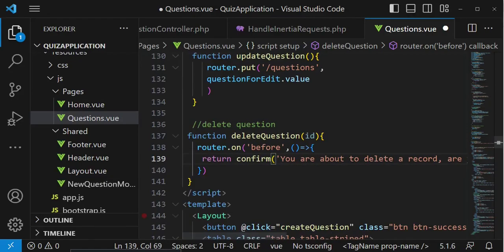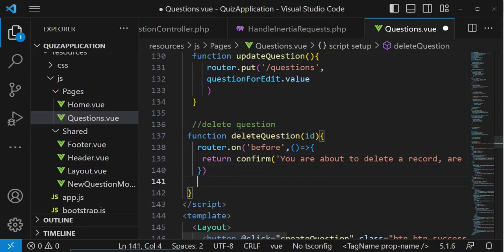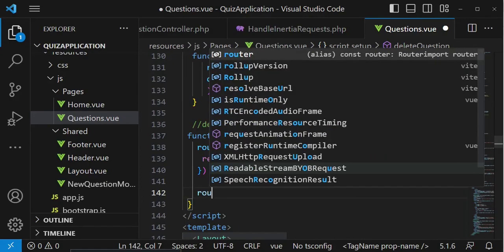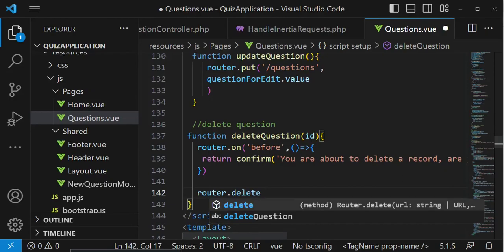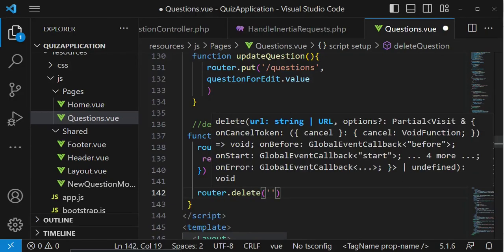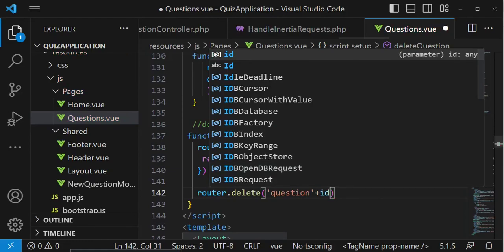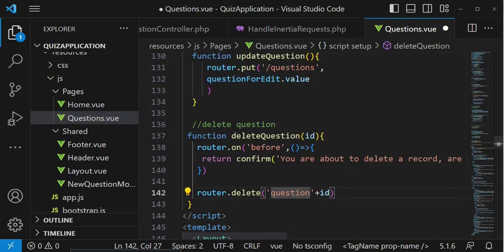So down here we are going to say router dot delete, and for us to be able to use route model binding, we can say plus ID, but then here we need to have a slash, and also even here like that,